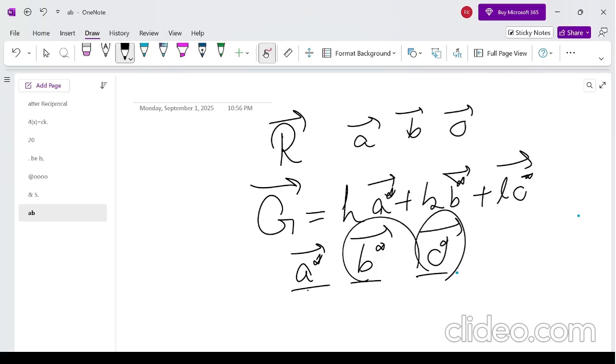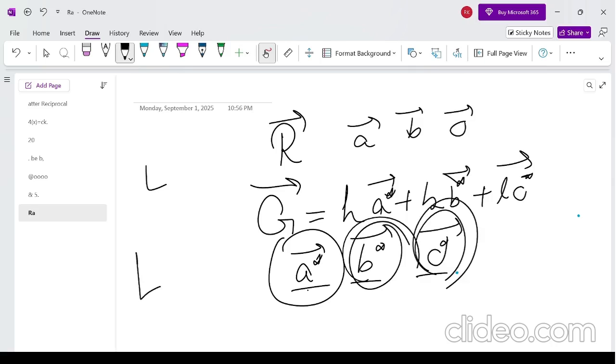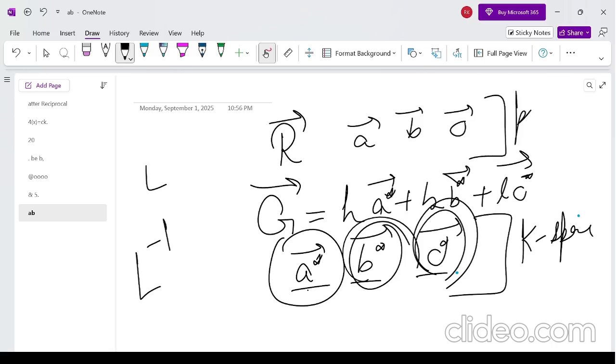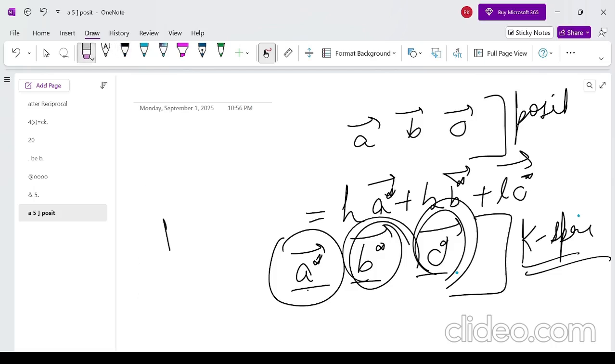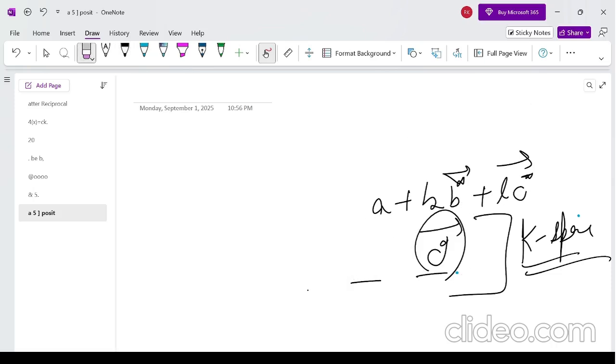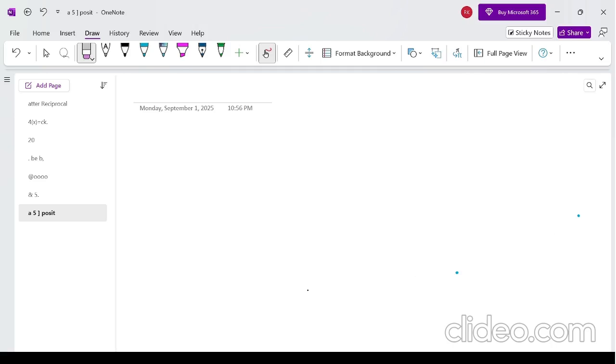But remember, the a vector, b vector and c vector have dimensions of length, but the a star, b star and c star vectors have the dimension of inverse length, because we are now talking in terms of k space, not position space. This is our momentum space, and in the direct lattice we talked about position space. So at the end, before going into the mathematics, I just want to recall all the concepts